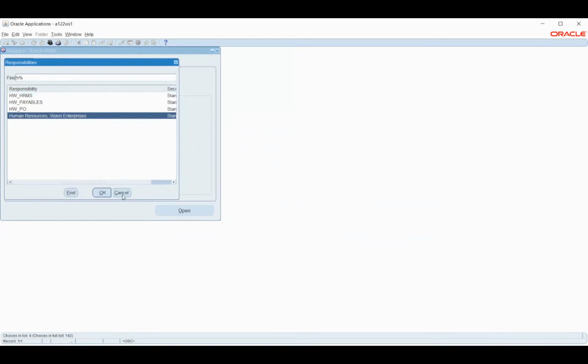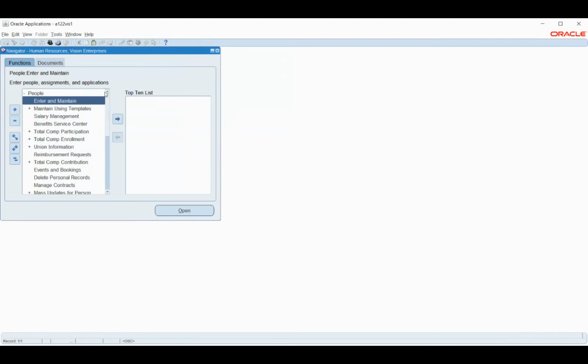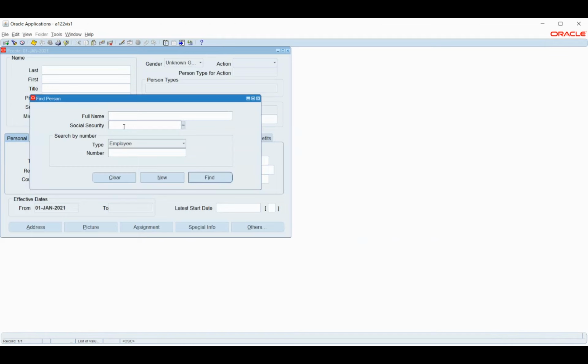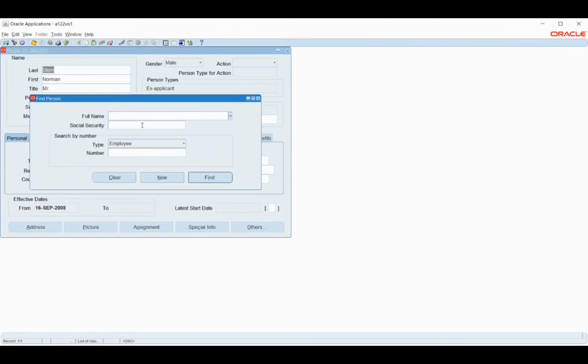Because we have placed the security controls for that responsibility, whatever employee that we are creating under that particular organization only will be visible there. So probably we can see it from here. No, sir, social security, no, employee number.